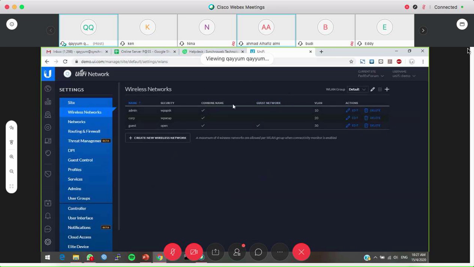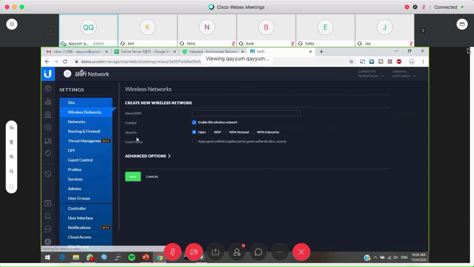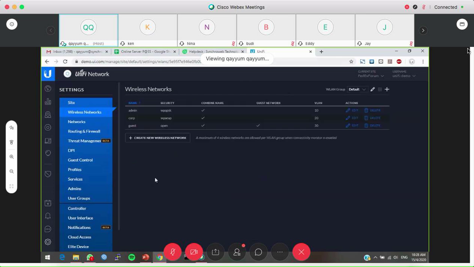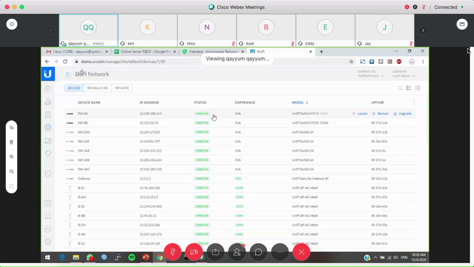If you didn't create the wizard, you didn't follow the wizard, or you skipped the wizard, you can create the SSID here. You just click on create new wireless network, and then you create the SSID. So this is the initial setup where you have discovered all your devices, and then you manage all of